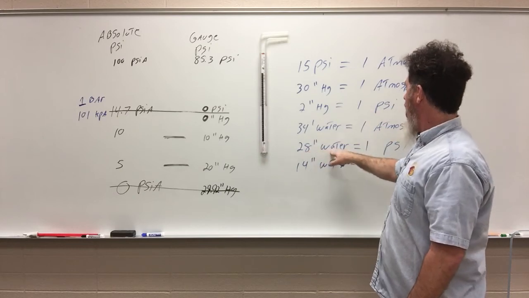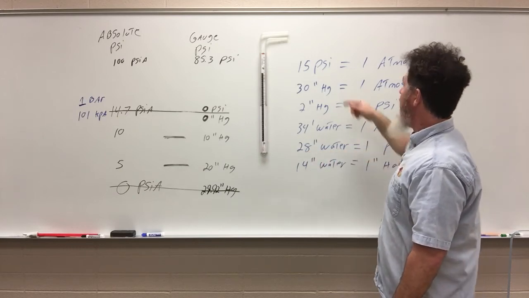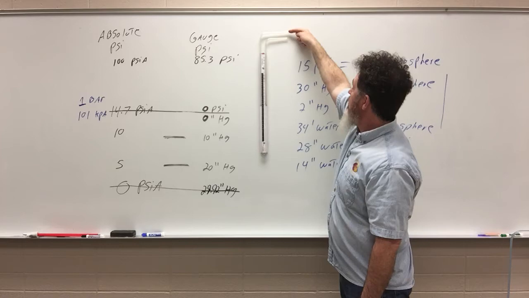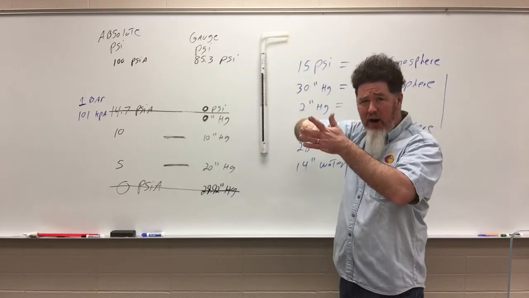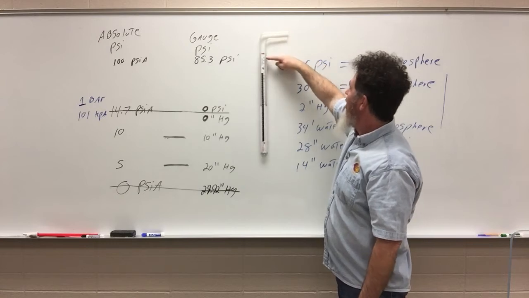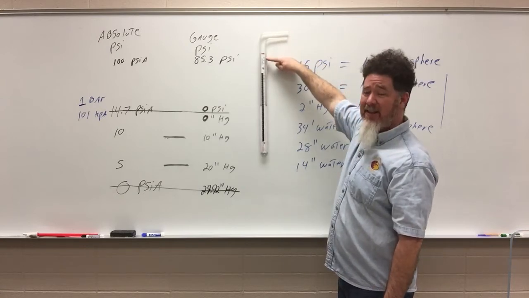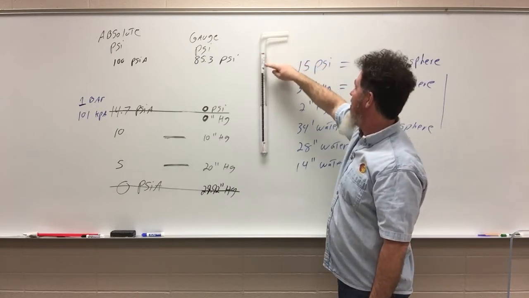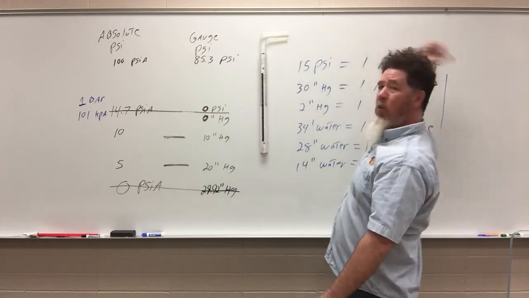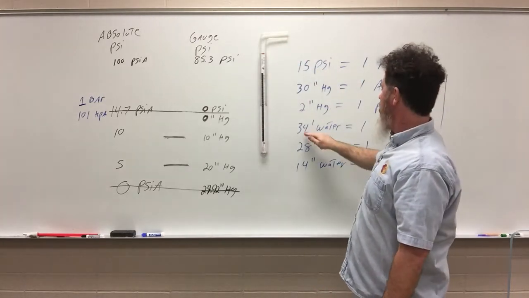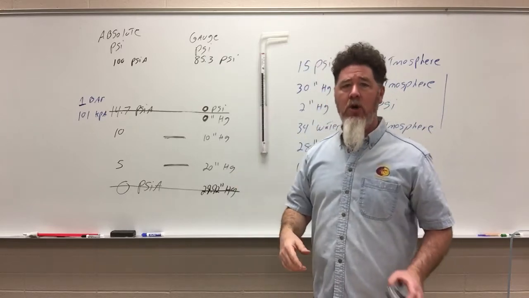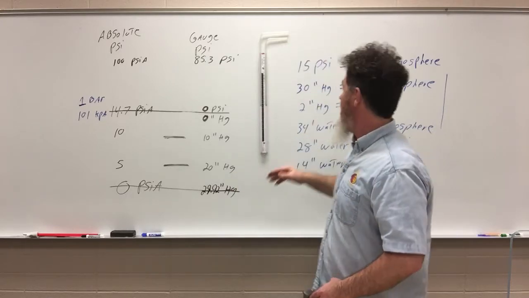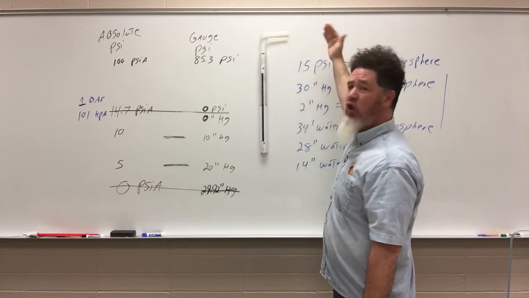28 inches of water equals about 1 PSI. So if I put 1 PSI into this flat tube manometer, and dial my air pressure down as low as I can, well, my gauge only goes up to 16 at the highest. If I put 1 PSI here, it's going to blow water out all over the place. So inches of water is a very small measurement, and the reason we use inches of water a lot of the time is that PSI is just too large of a measurement.